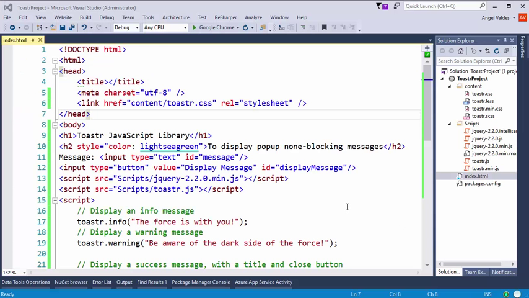Okay guys, here is the actual project using the library. As you can see, it's a very simple project. It only contains the Toastr CSS as well as the jQuery and the Toastr JavaScript library and an index page. That's it. And to show you that it's very simple to actually use, I'm going to go ahead and create